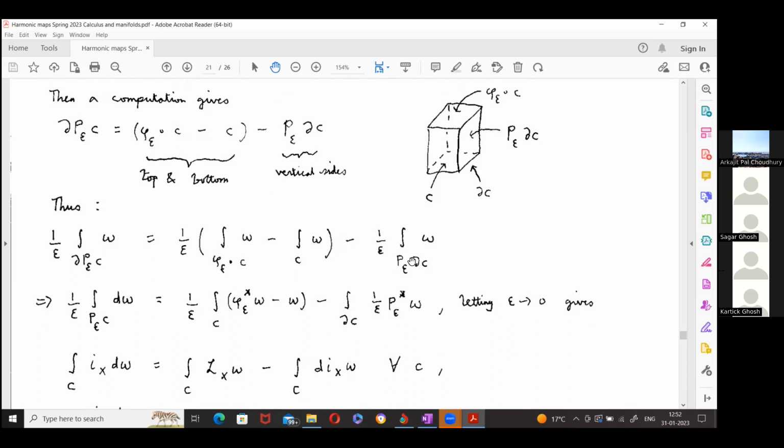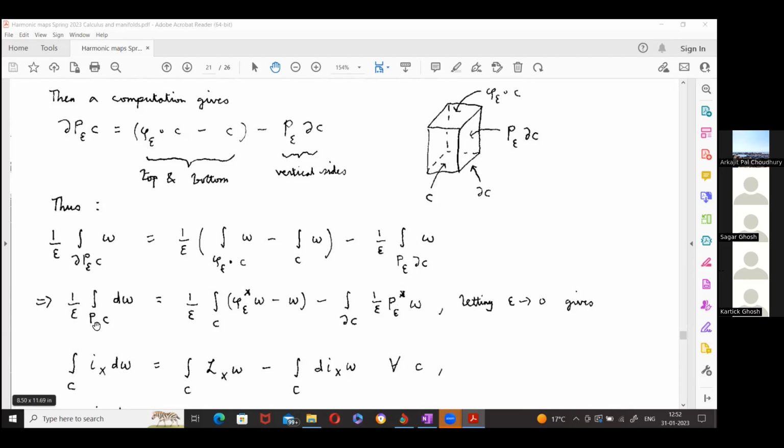And on this side, this integral over P epsilon of some chain del C is the same as integral over del C of P epsilon star omega, right? And I take the epsilon inside. Now you let epsilon tend to 0. Then